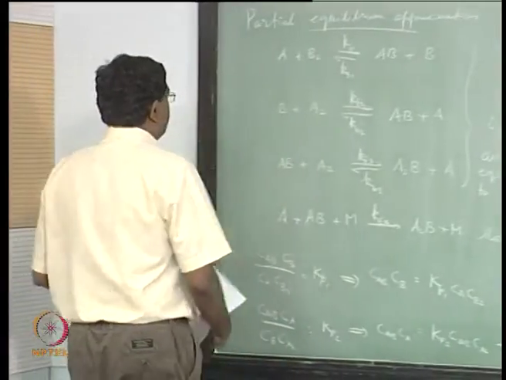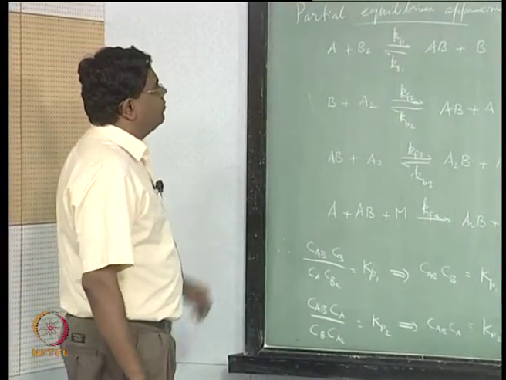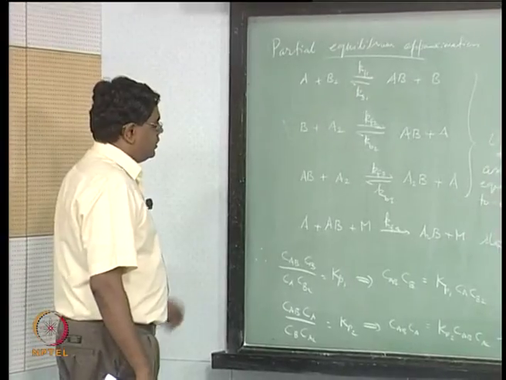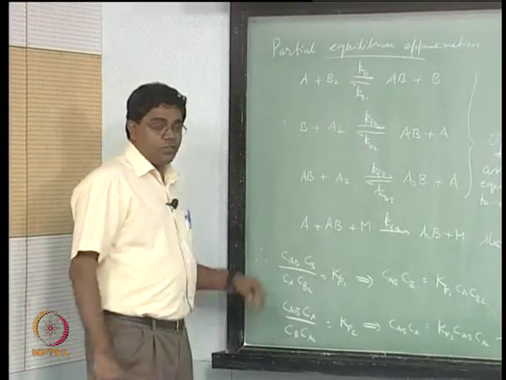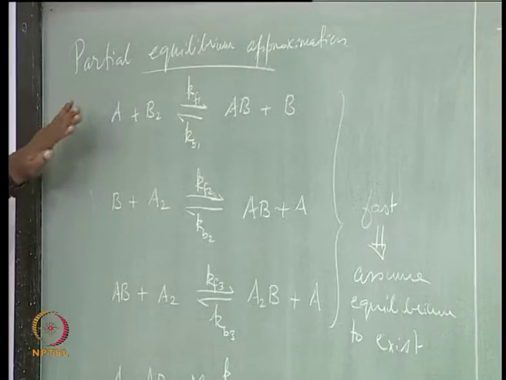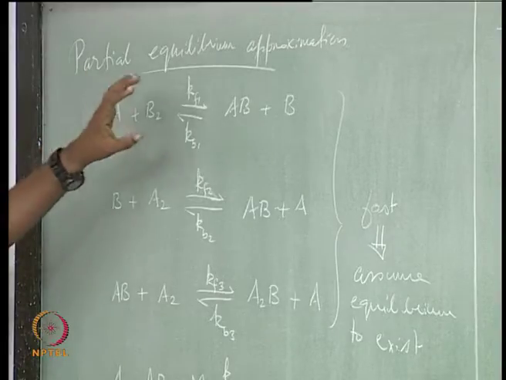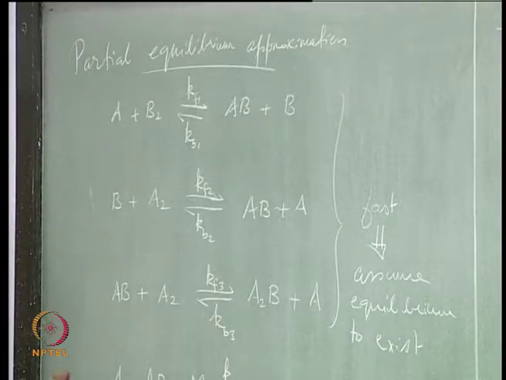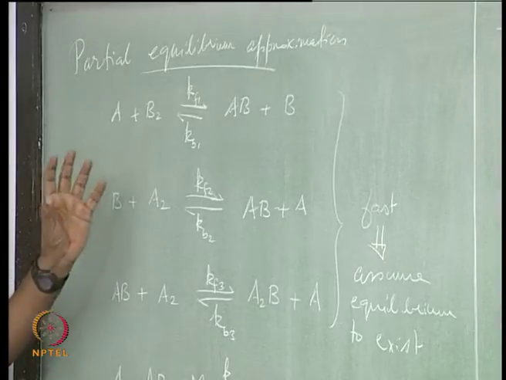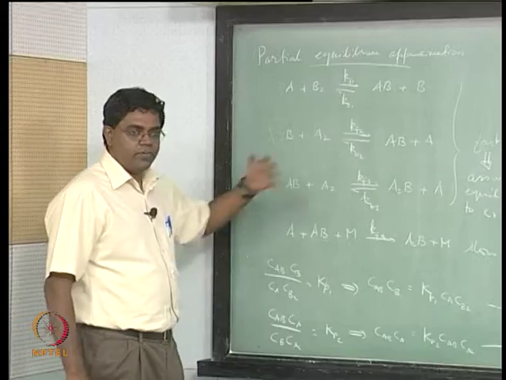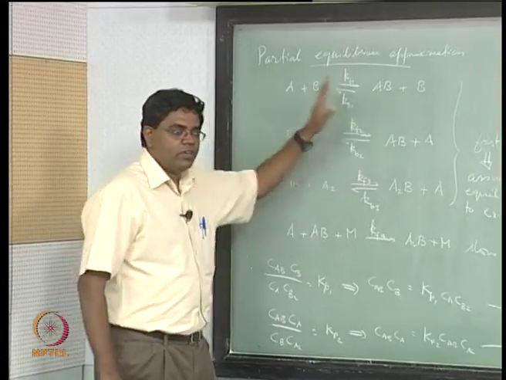So we have been looking at the approach of partial equilibrium approximation, and as a template set of reactions, we could look at about 3 forward and reverse reaction pairs leading up to a 4th reaction, which we deliberately take as a termolecular reaction so that it is slow. The idea being that if you now have these bimolecular reactions happening relatively faster and they are forward and reverse reaction pairs, then we can assume that because they are happening quite fast they could stay in equilibrium with each